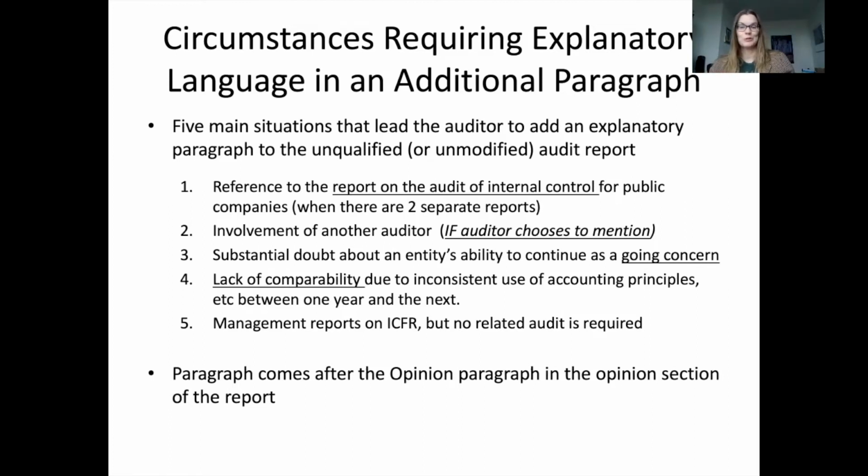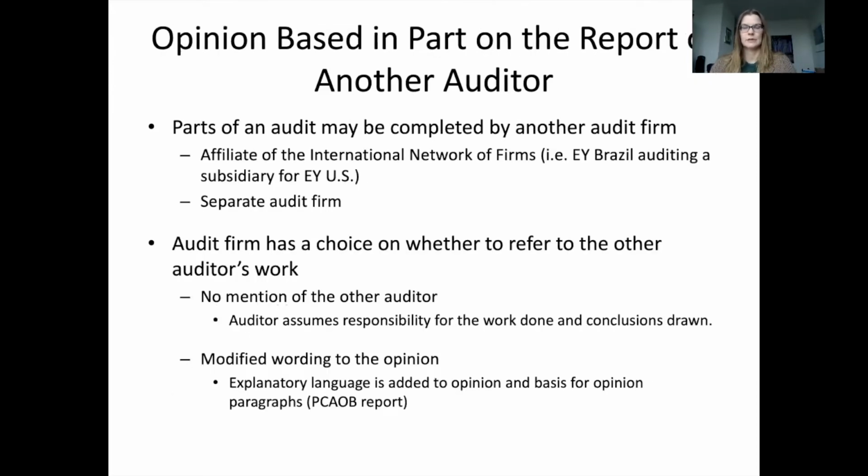Number 2 is when another auditor is involved in the audit. And we have a separate slide, so I'm going to go to that for now. This can happen when parts of the audit are audited by another firm, and it can be an affiliate. So let's say I'm auditing a US-based company and they have a major subsidiary in the UK.